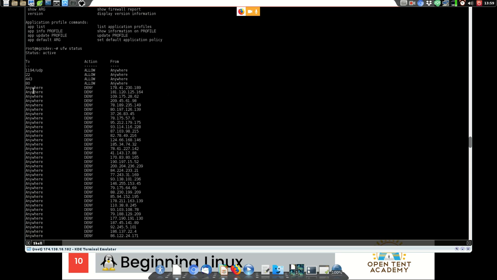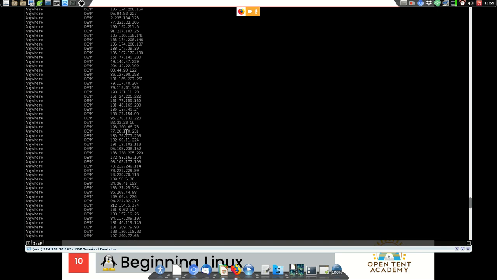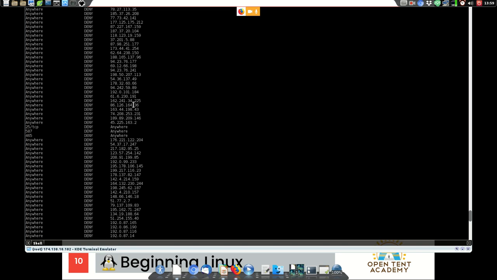Now from any of these IP addresses, and it's a long list, from any of these IP addresses to any port whatsoever on my computer, they're denied. Why? Because they tried to hack into my computer. That's it. They tried to hack in. It didn't work, and I have a script that I actually do not have as a cron that I run against it.